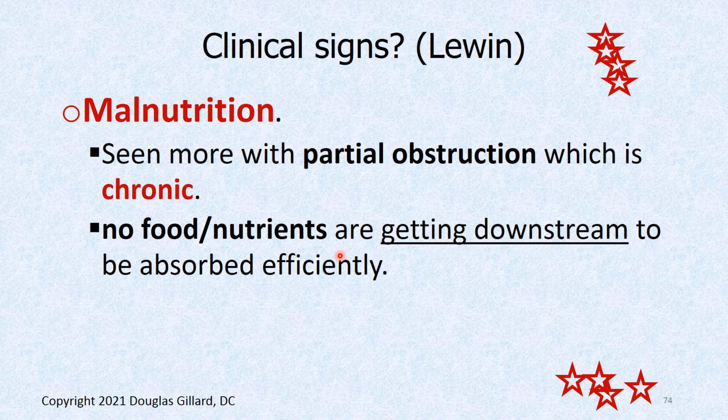And then partial obstructions, people can get really skinny and malnutrition can occur. You have a tumor growing in there, and it's not enough to cause horrible pain, but it's enough to cause a backup of fecal material and not let that food material, I mean, we need to suck the nutrients out of that, right? So if that's all backed up, you get cheated out of nutrients,